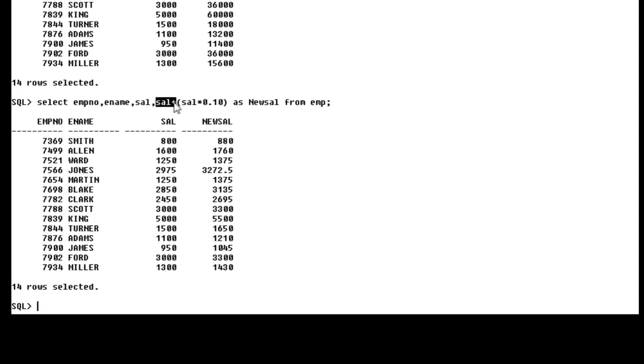This type of calculation you can provide: arithmetic plus, minus, multiply and divide. You can provide these four arithmetic operations in a select query and you get the result on execution.